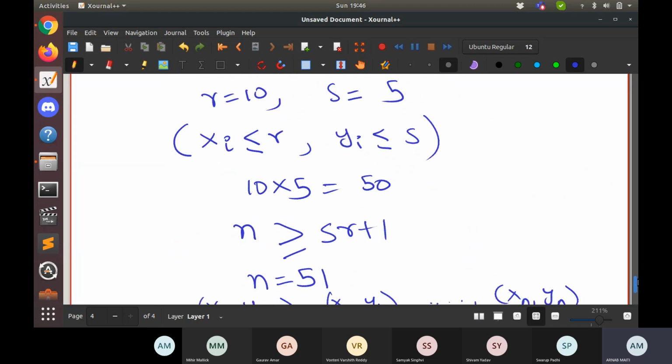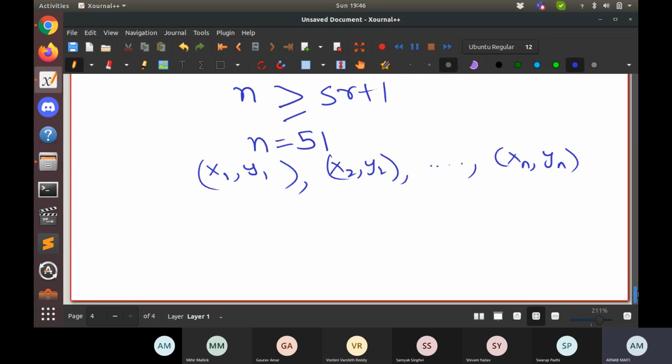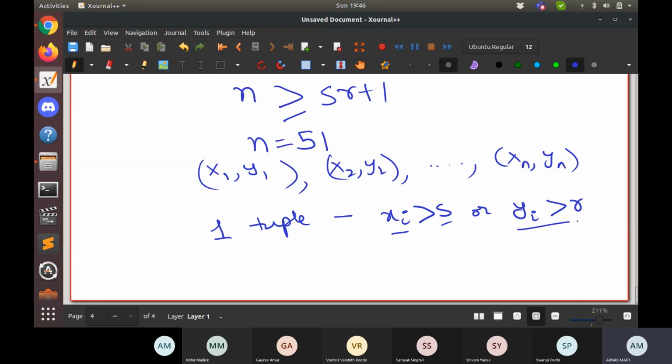The number of different tuples which satisfy this condition is 50. So it means that there will be one tuple such that either xi will be greater than s or yi will be greater than r. That's the rough idea. What does xi greater than s mean? There is a subsequence whose length is more than s. And similarly, if the other condition holds, there is a subsequence whose length is greater than r.